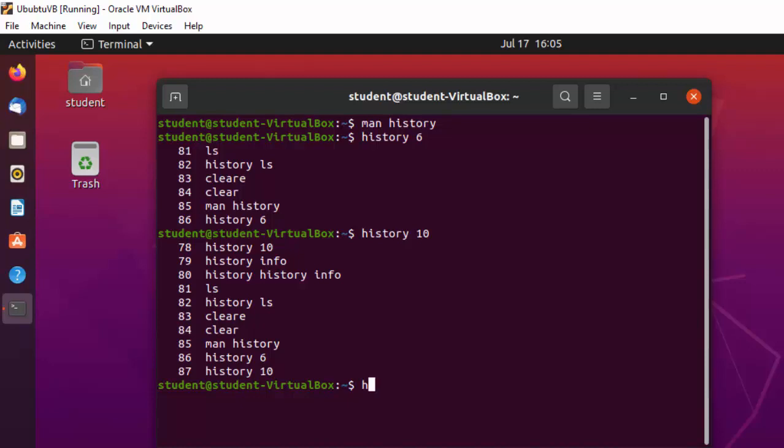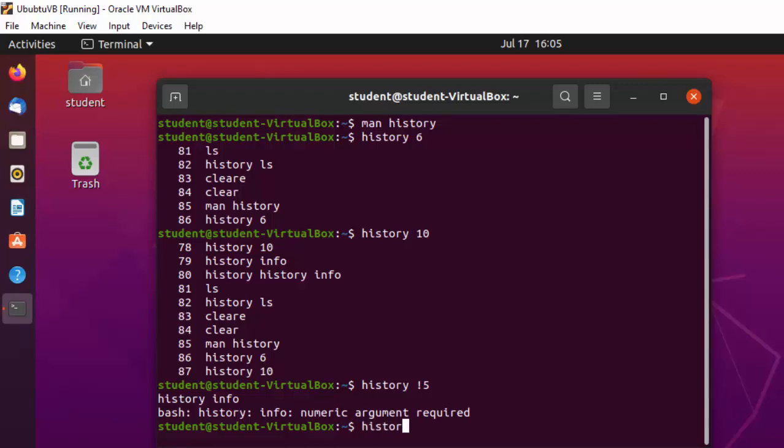Then we see the next option, that is history exclamation, and say now I want to execute the fifth command here. So say 5. It shows you that it had executed the history command, and there was some error with it.